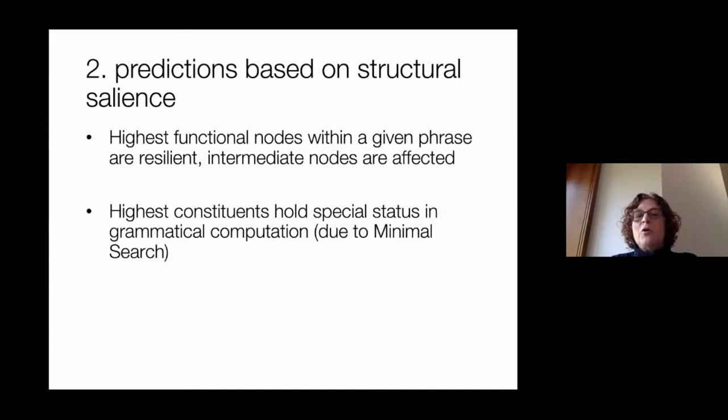But it's not all about perceptual salience, because heritage languages are also very sensitive to structural salience. And here what we see is that highest functional nodes within a given phrase are typically resilient, whereas intermediate constituents,